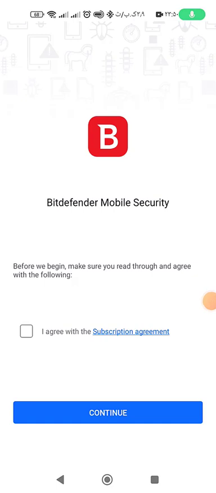This is a video of how Bitdefender Mobile Security works. We download it in Android apps in our mobile. This is the first page of this app. As you see, first tick I agree with the subscription agreement, and then tap on continue,